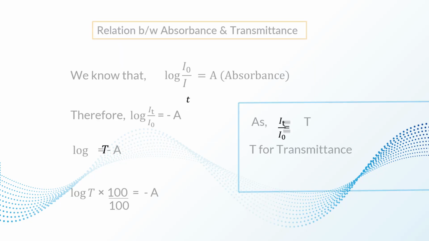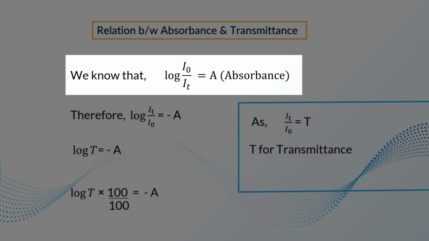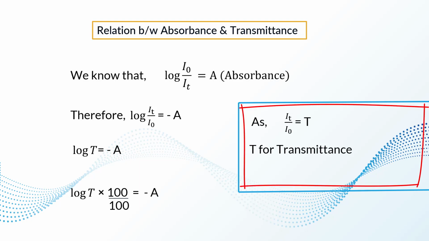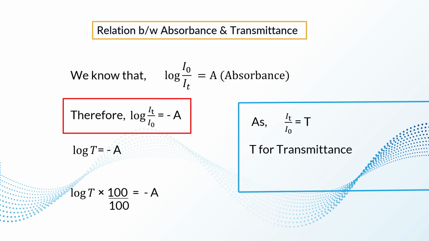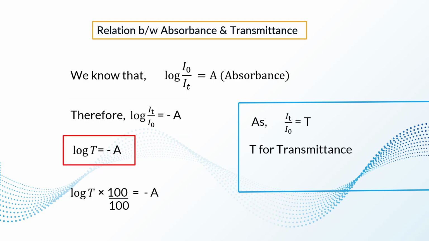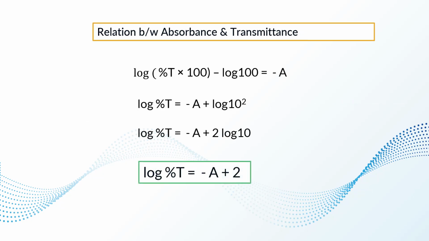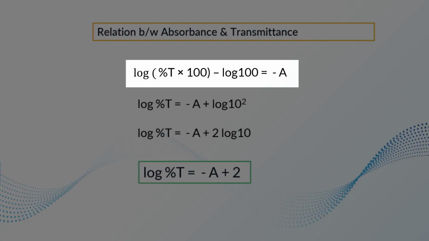We want to see the mathematical relation between these. As we know, log I0 upon IT is equal to A, and I0 upon IT is 1 upon T, so that gives log T is equal to minus A. And if I want to express T in percent, I will do a little mathematics. I will just multiply it by 100 divided by 100, so there is no net change in the value. Then log of percent T divided by 100, and since log M by N is log M minus log N,